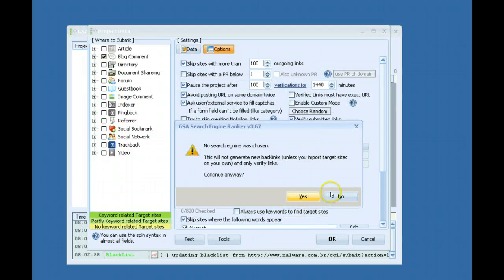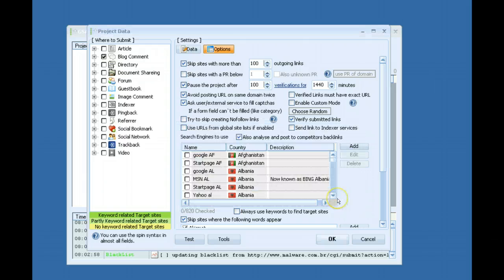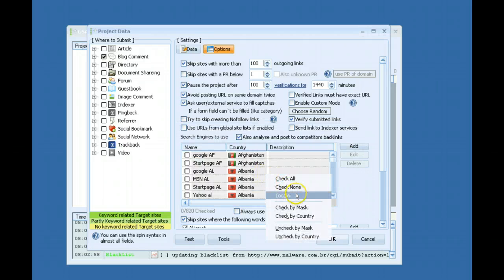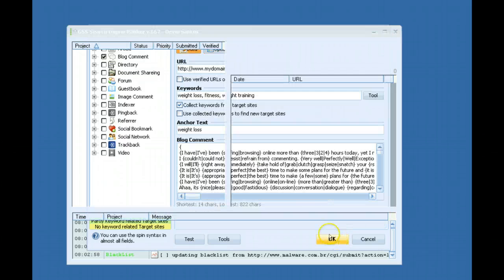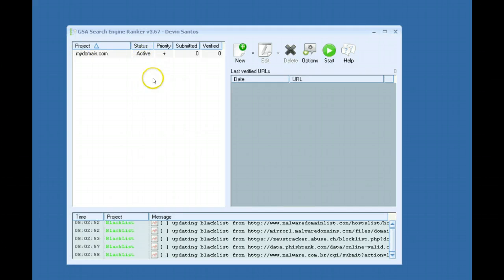So once you have, oops, I didn't select any search engines, but anyways. Okay, so we have that set up. This would be, let's say this was the money site campaign that I showed you previously how I set it up. Okay, so once this has been running for a little while, and say I have a few verified links, so now I want to strengthen those links. What I can do